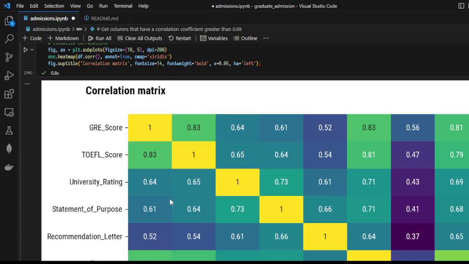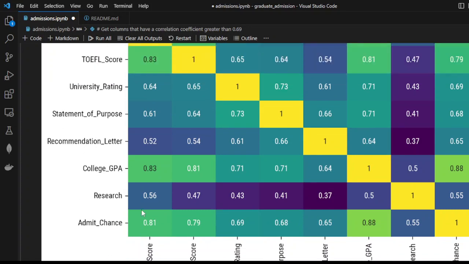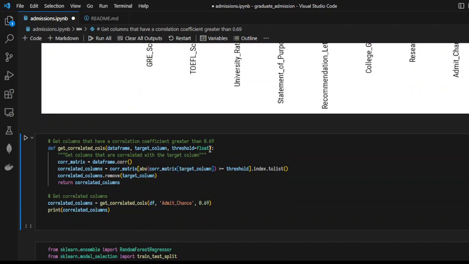Of course, in real life, you are never going to find a correlation that is exactly 1 or exactly -1. It's always within this scale range. But how are we going to choose what features to use in our model? So this is where I made the decision to only pick the columns or the features that have a correlation value of